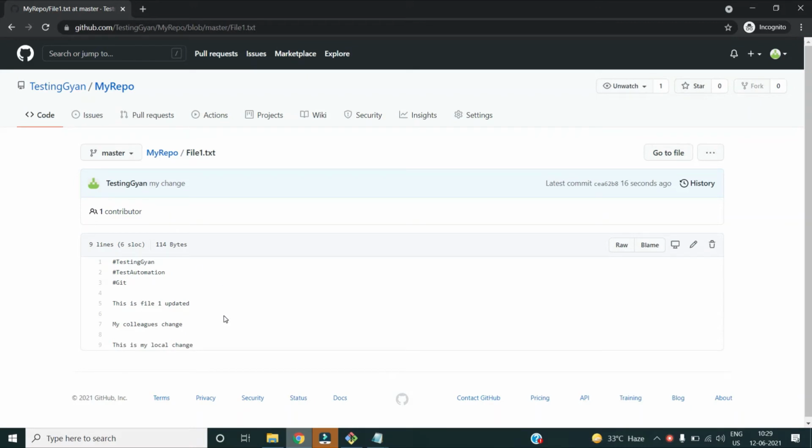So the very basic point which we have to understand here is that your remote code and your local code should always be in sync with each other. That is, once you have taken the snapshot of your remote code to your local system, after that point whatever changes you are making is fine. But at the same time there should be no change in the remote repository. If there is any change within the same files, then you will see the conflicts.